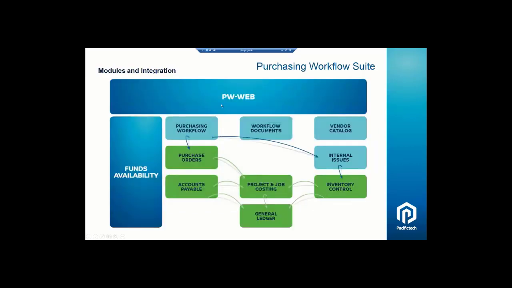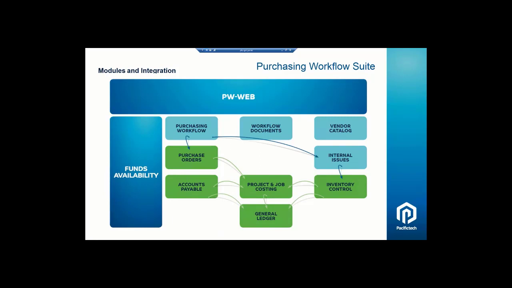All right, so now if we move to this next slide, this is looking at the purchasing workflow suite specifically. You can see the green boxes of the Sage 300 modules. We've got general ledger, accounts payable, purchase orders, inventory control, project and job costing. Those are the Sage modules, and with our purchasing workflow suite, the blue boxes are the different options. So the first module is purchasing workflow, or